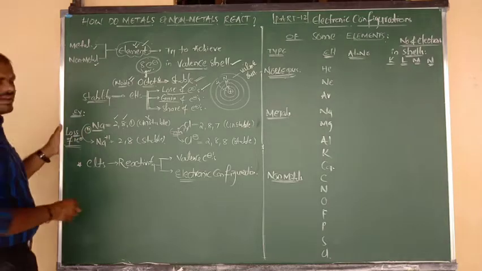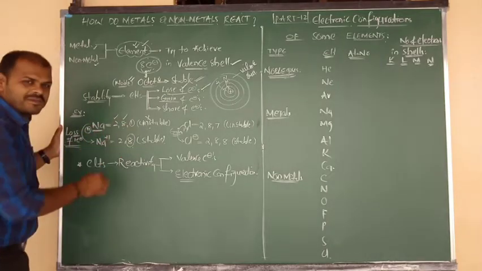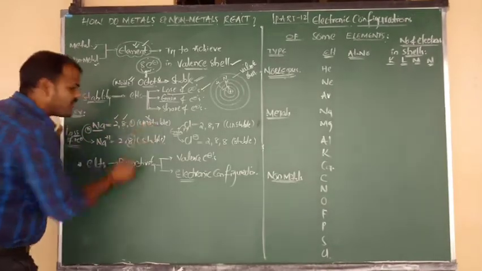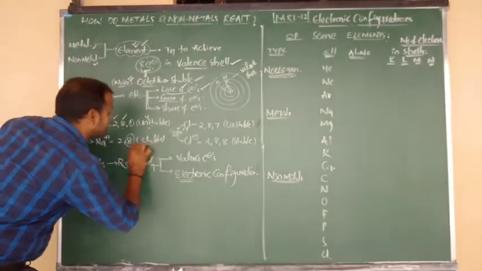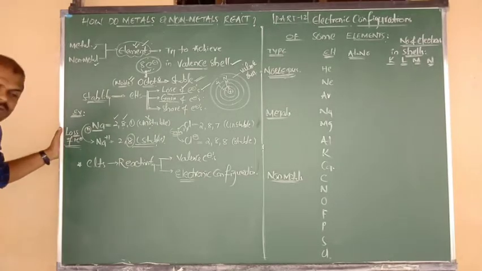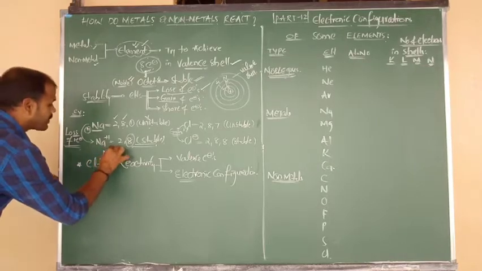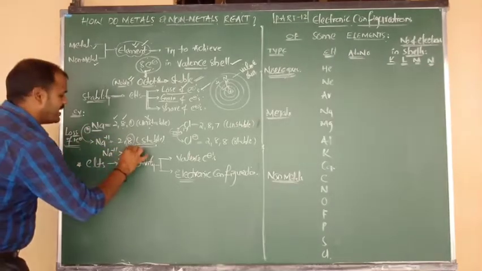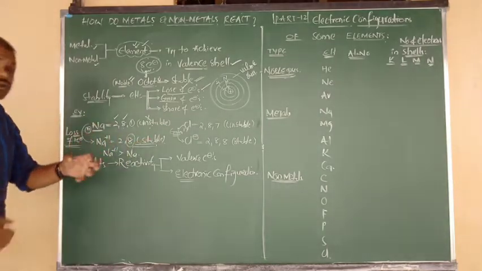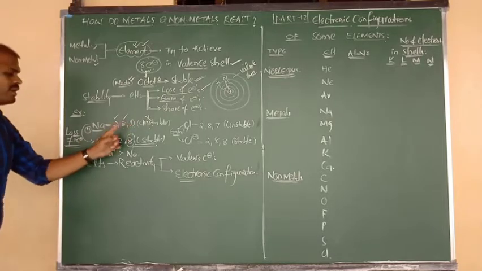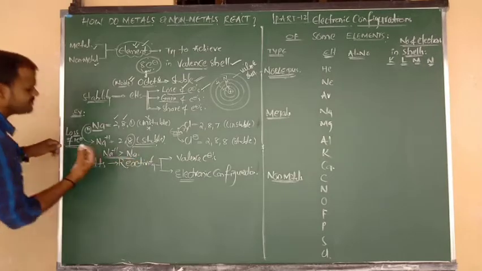Now in that sodium ion, the outermost orbit contains 8 electrons. In the sodium atom, the outermost orbit contains 1 electron, an unstable configuration. But in the sodium ion, the outermost orbit contains 8 electrons, a stable octet configuration. So tell me, beta, which is more stable? Na plus is more stable as compared to the Na atom, because in Na plus the outermost valence shell contains an octet of 8 electrons, but Na contains only 1 electron. So Na is unstable and Na plus is more stable.